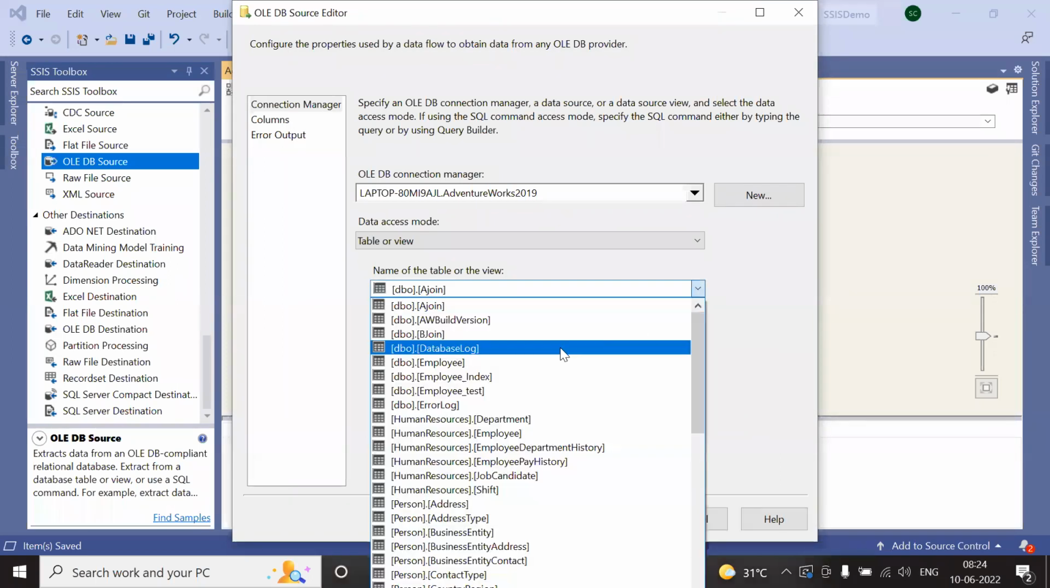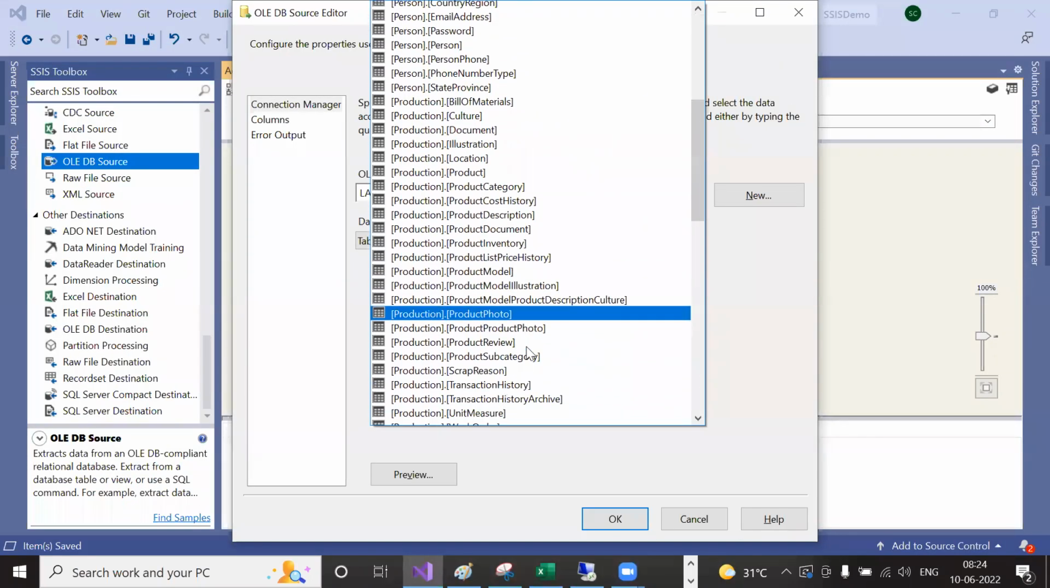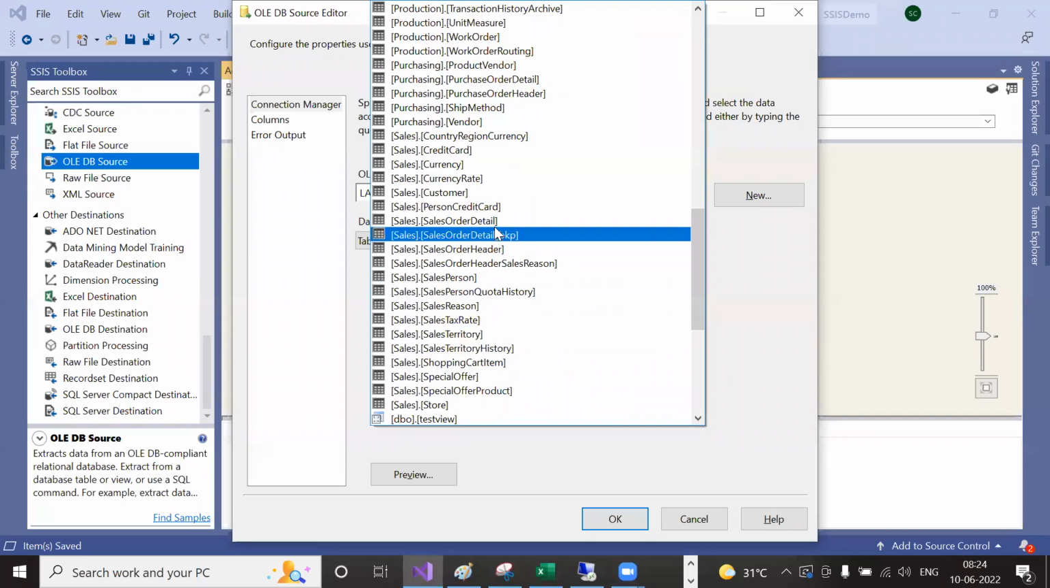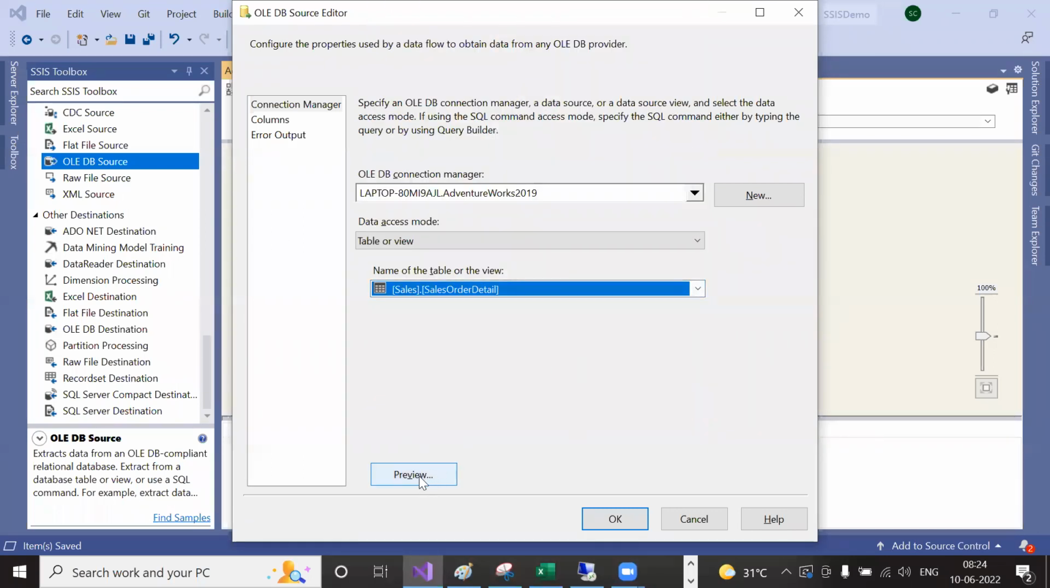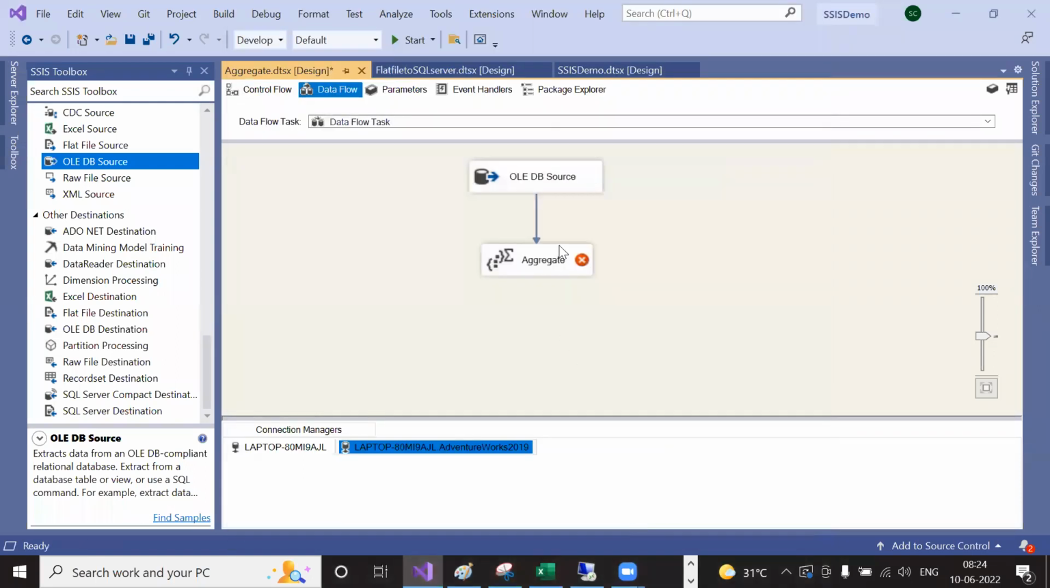Okay, now what is the table name? Sales Order Detail, right? Go to the Sales schema and then Sales Order Detail. Look at the preview just to make sure you have proper data. Click on close, click on OK. Now you tell me, did I take my SQL Server table as a source or a destination? Source, source only. Why? Because I am going to transform the data based on my aggregate transformation and